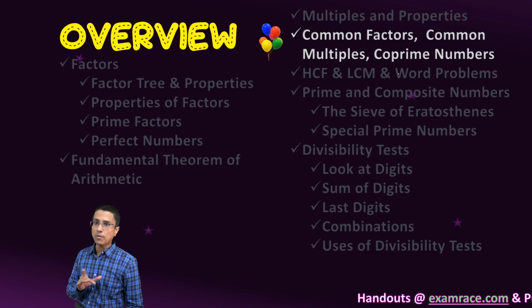The prime factorization, or the factorization of these two numbers: if you notice the factor tree, some numbers appear in both the factor tree of 84 as well as 24. They are known as common factors. So 6 is an example. If we focus on the prime factors, then 2, 3 and 2 appear in both the factor trees. And of course, they are also the common factors of both 84 and 24. So common factors, very simple, not a difficult thing at all.